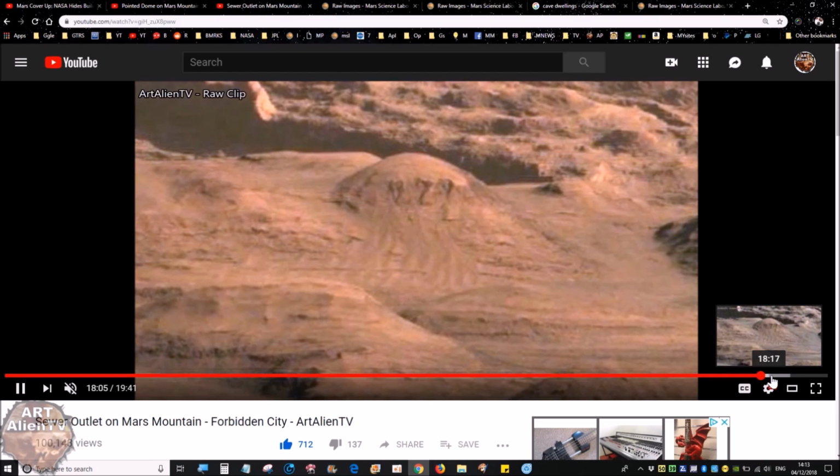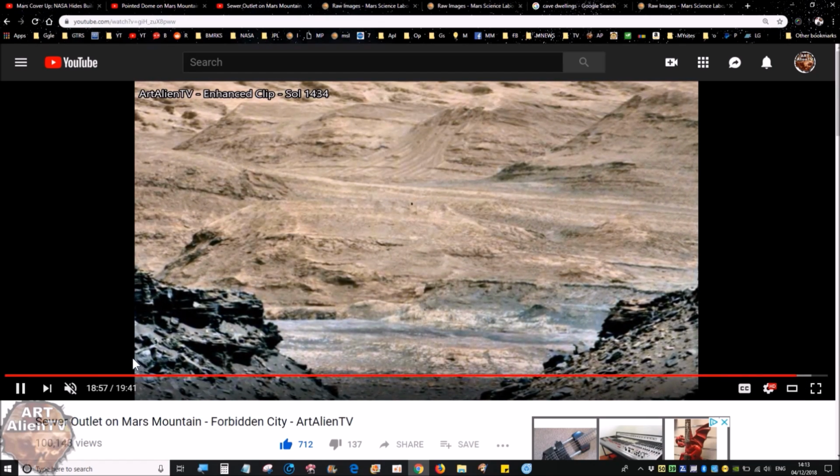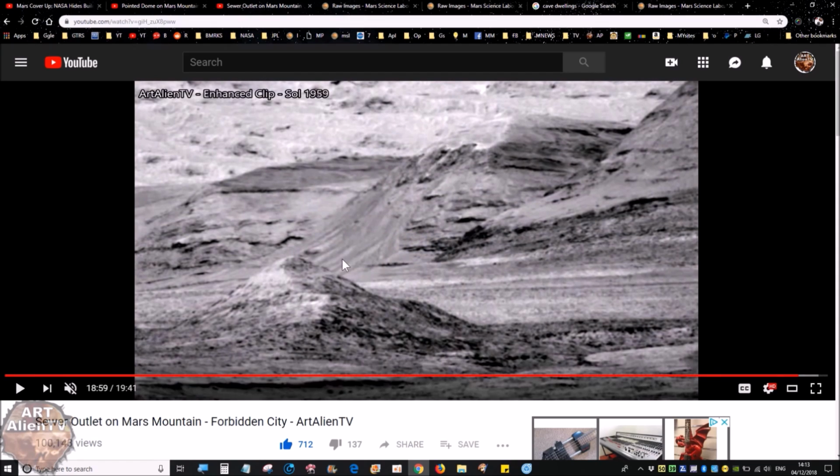It does go into more detail about some of these things in a minute. There's the storm drain overflow from a different angle. There's loads and loads of images of this thing, and in fact you can see it throughout the Curiosity Rover images. You can see this in the background looming over what would have been a lake bed. This would have drained into the lake bed at the bottom of Mount Sharp